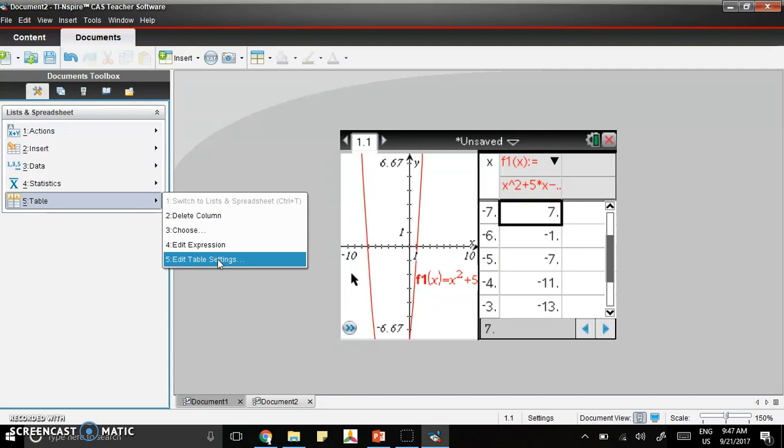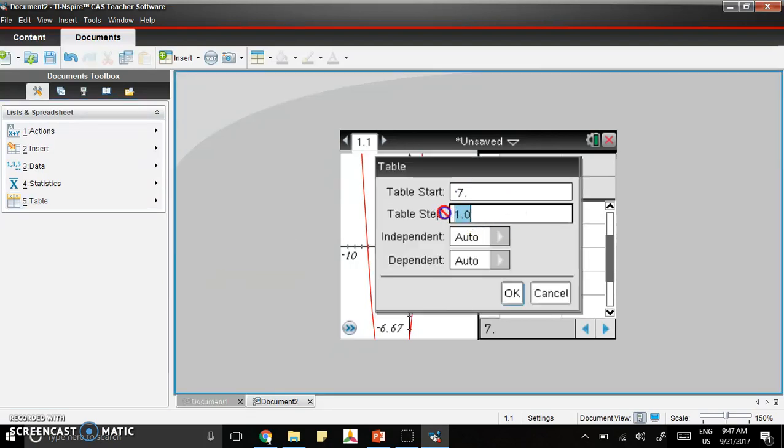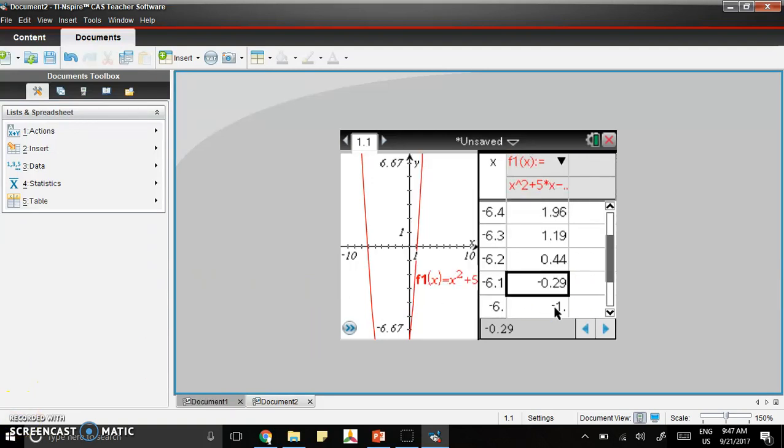And I can make that more specific by editing my table settings and making my table step by 0.1 instead of just by 1. And now I can see that between negative 6.1 and negative 6.2 there has to be